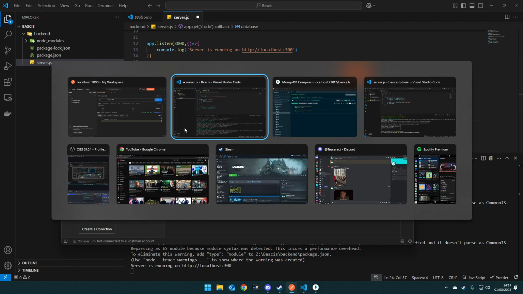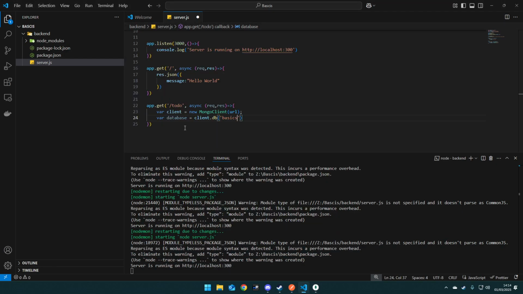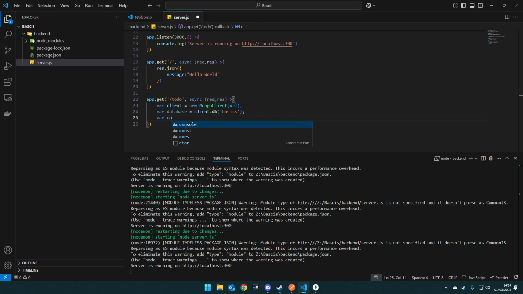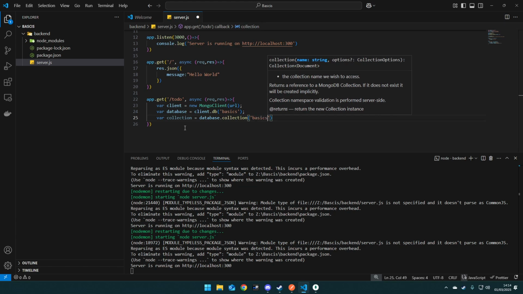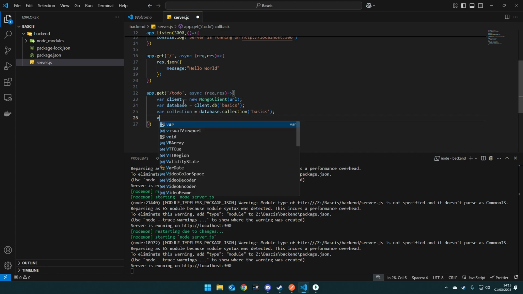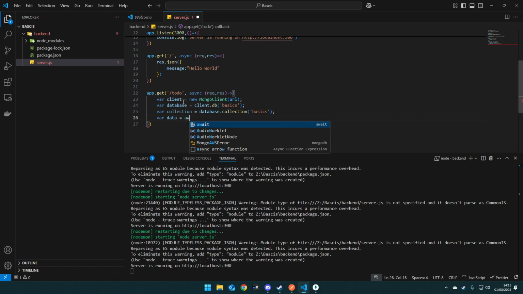Basics, I believe it was. Yep. We say which collection in that database we're using, the database.collection, and again, basics. This is going to return everything within our to-do list in the database. So we can put that into a variable called data, and we're going to await